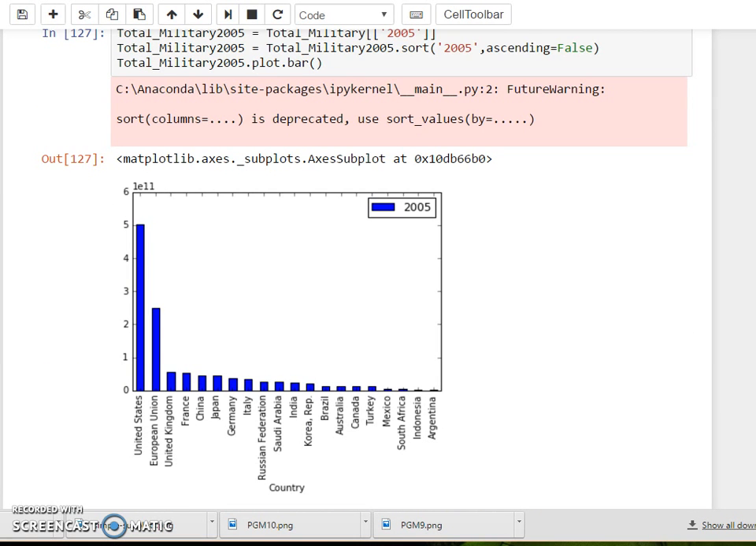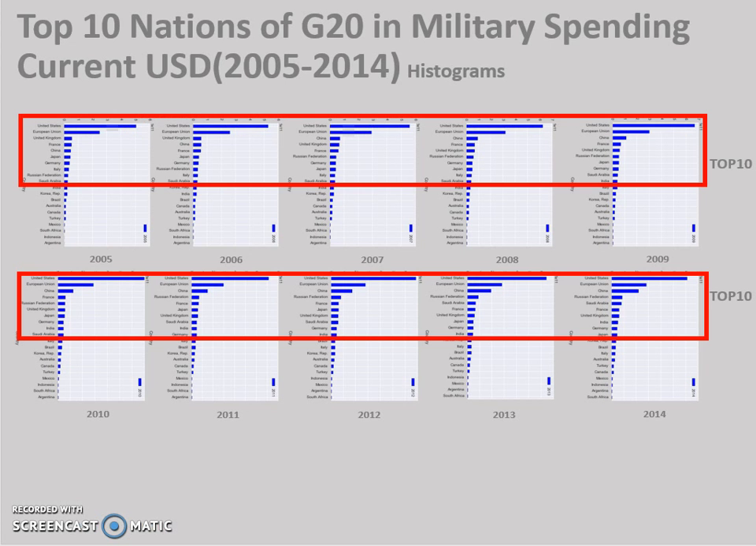Now I am able to use the Matplotlib library to draw some plots. I draw the top 10 nations of the G20 in military spending in current USD dollars from 2005 to 2014, which I represent with a histogram. Then I used a rectangle to extract the top 10 nations in the different years, so we can see that before 2007 the United States, European Union, and the United Kingdom were the top 3, but after 2007 the top 3 is the United States, European